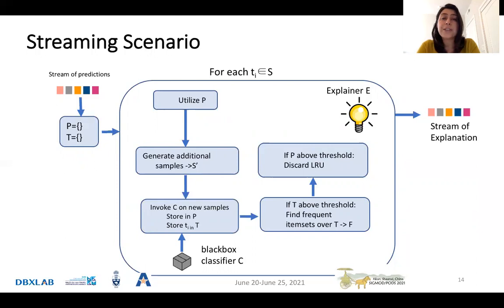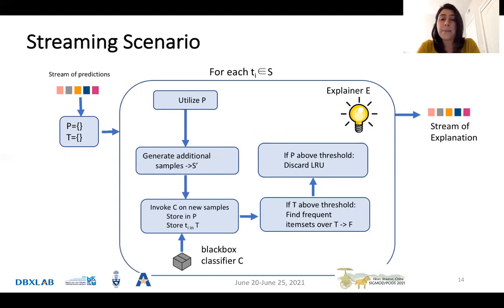Now, for each tuple in the stream, we generate required samples for this tuple, and then invoke the black box classifier on these samples and store the samples and their labels in the sample storage and the tuple in the tuple storage. And use the explainer to explain this.